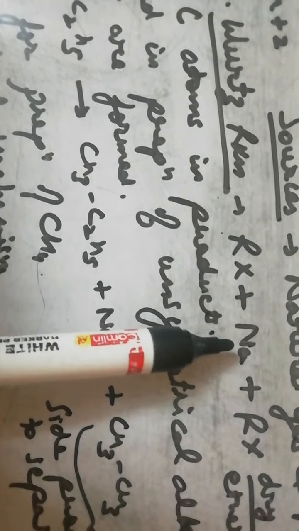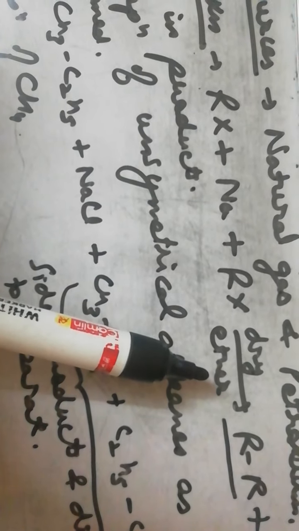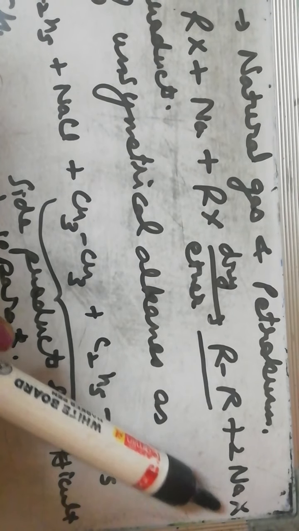Now, what are the methods of formation of alkanes? First method of formation is Wurtz reaction, very famous Wurtz reaction. In this reaction, alkyl halide, that is RX, it can be CH3X, that is methyl halide, or C2H5X, that is ethyl halide, reacts with sodium plus another molecule of RX in the presence of dry ether, and we will get two molecules of sodium halide plus this alkane molecule RR.